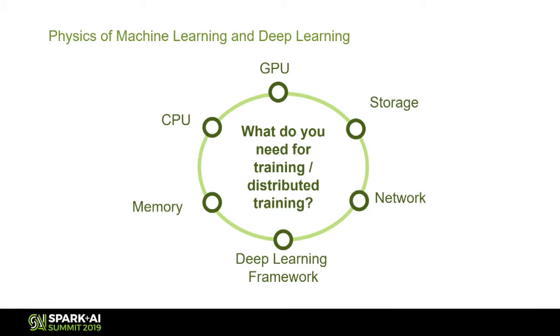The reason I want to talk about that is because if you think about distributed deep learning, as I said, communication is an important aspect of that. And the reason it is important is because in deep learning, one of the key steps in the process is doing the error backpropagation to compute the gradient of the loss with respect to the neural network parameters.